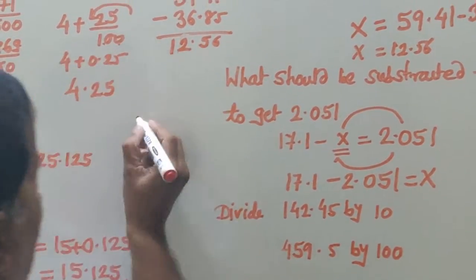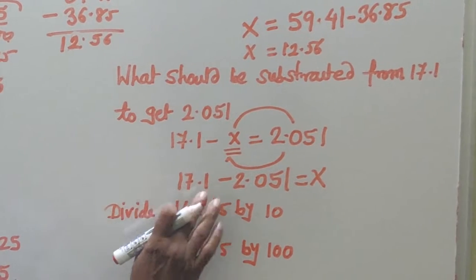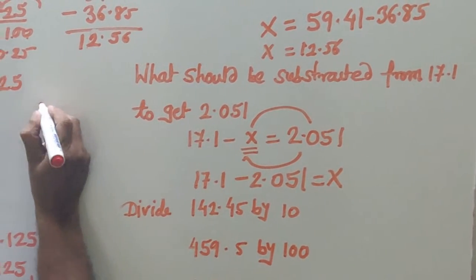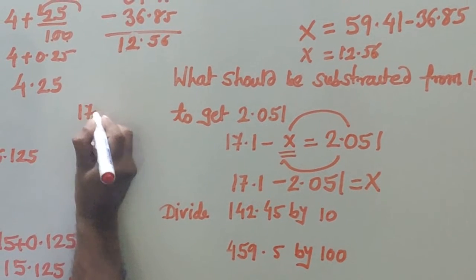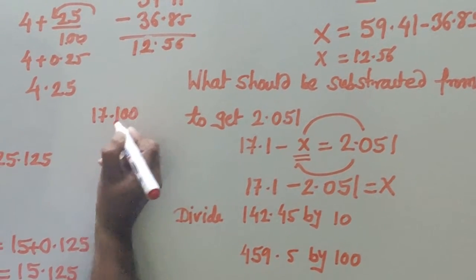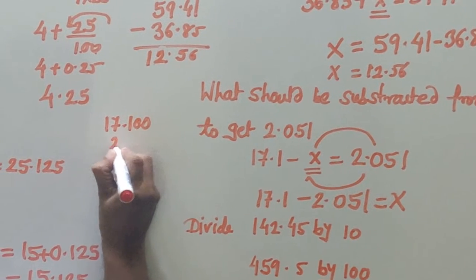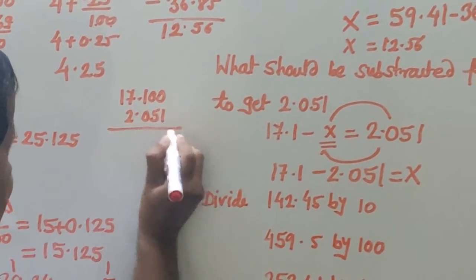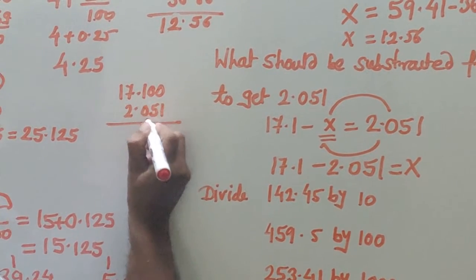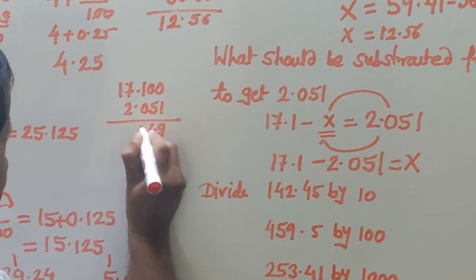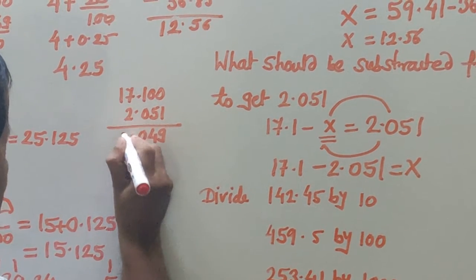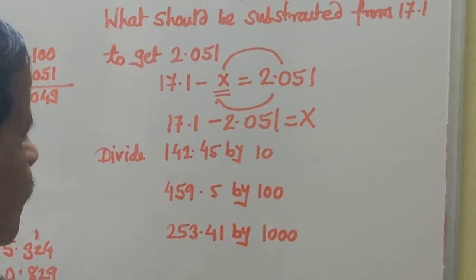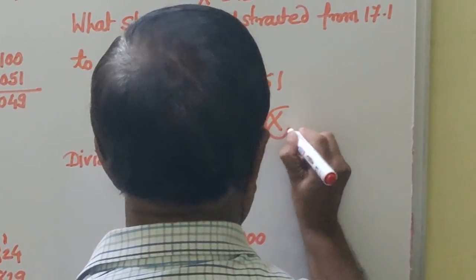Now here the decimal is after 1 place, here is after 3 places. So I will put here 2 zeros. Means I can write down 17.100 minus 2.051. Okay. This will be 9. This will be 6, 4. Okay. Now this will be 0, then 5 and 15. 15.049. Okay, what is the value of x is equal to